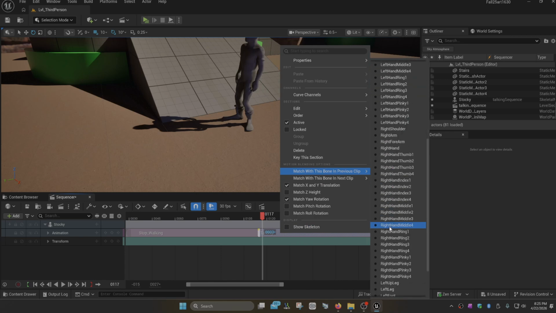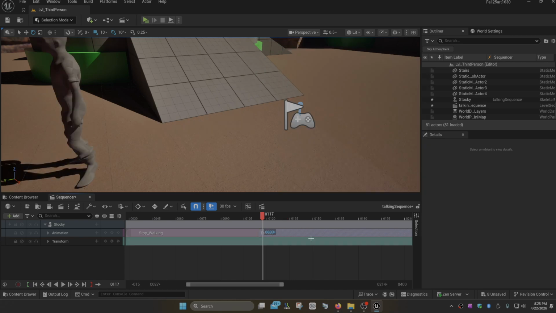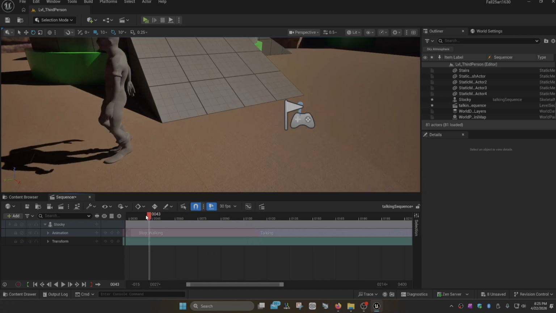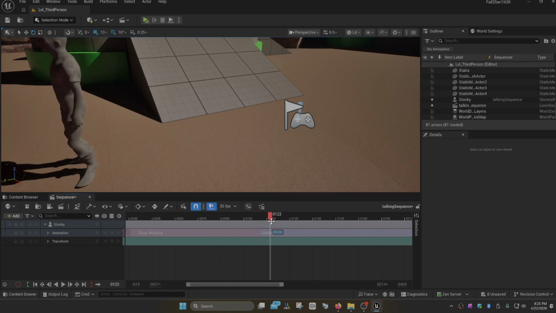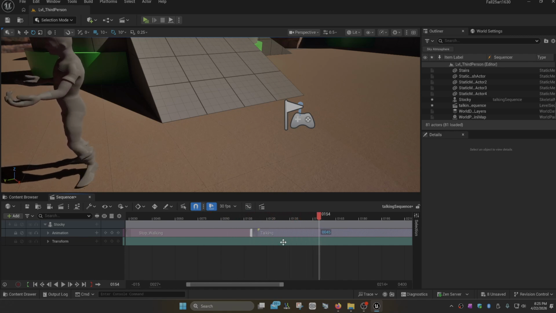And usually you tend to put your weight on one of the feet. So we'll say right foot again. So there we go. It's staying in place. Now we just need to overlap it a bit so it interpolates between the two clips. See, that's a little better. Right? Yeah, a lot better. Okay, so